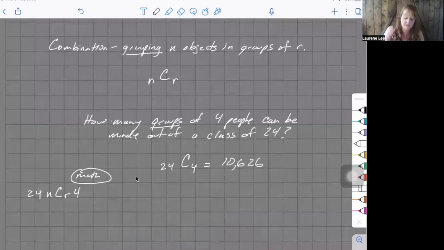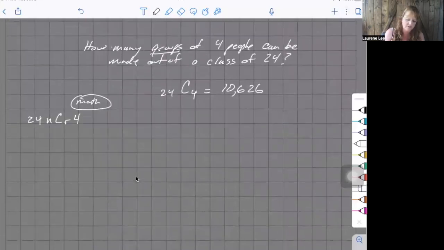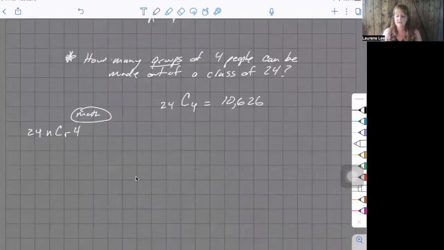Group is typically the word that I see most often with a combination, and that's what sets it apart from a permutation. So when you read one of these problems, ask yourself, is order important in this scenario, or is it not? That's what's going to get you on the right track with combination or permutation. Now, how do we use this stuff? The follow-up question I can ask to situations like how many groups can be made out of 4 people: